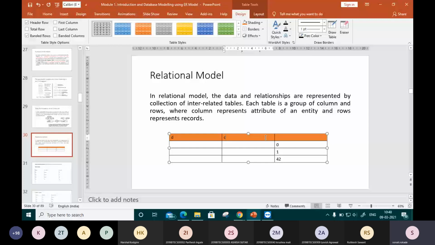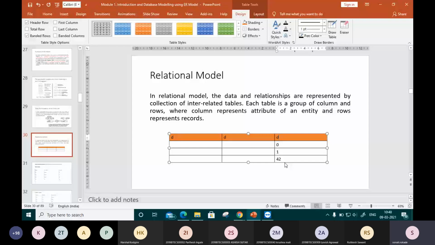These rows have a particular relationship with each other, and these rows in the table denote a real world entity or a particular relationship.